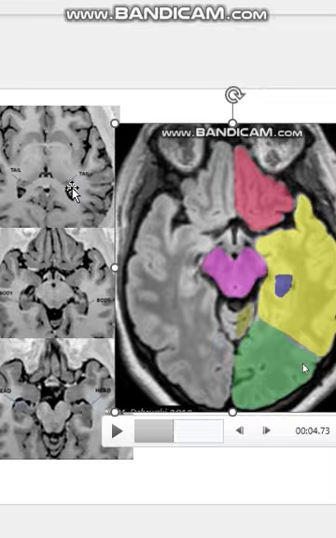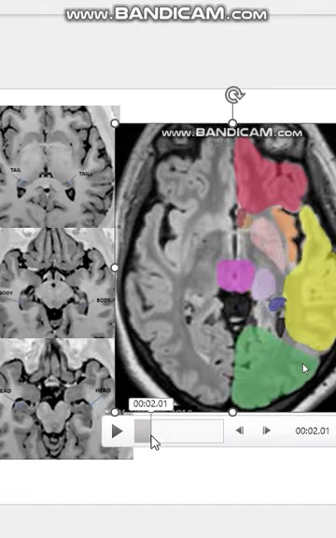The tail of the hippocampus is the most superior part of the hippocampus. Okay, so the tail of the hippocampus will be seen between the thalamus and the occipital horn of the lateral ventricle. So it will be seen anterior to the occipital horn of the lateral ventricle and between it and the thalamus. Okay, so let's see the